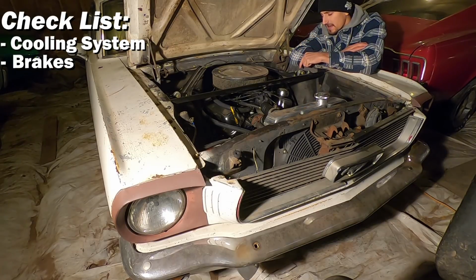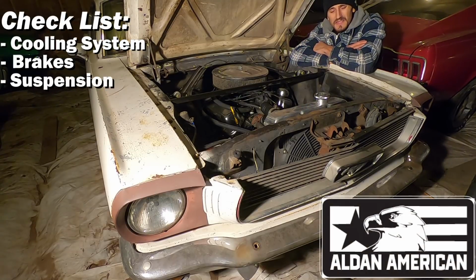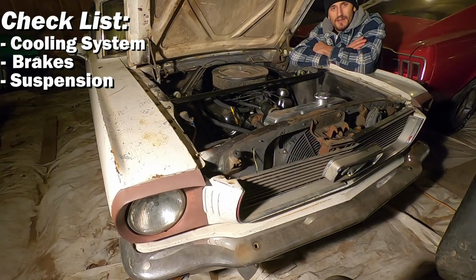Next, I went ahead and contacted Aldan American. They sent me their front and rear Mustang coilover shock system. Coilovers in the front, shocks in the back. Another great kit, lots of adjustability, easy bolt-on, and if you ever have to take apart your front suspension anymore,